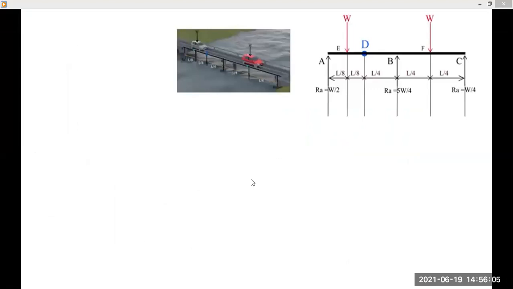To show the bending moment diagram, points A, B, C, D, E, F are considered on the beam. Internal hinge acts like a